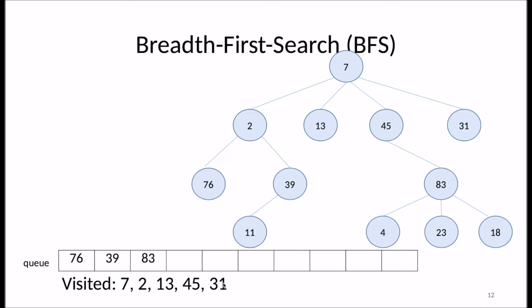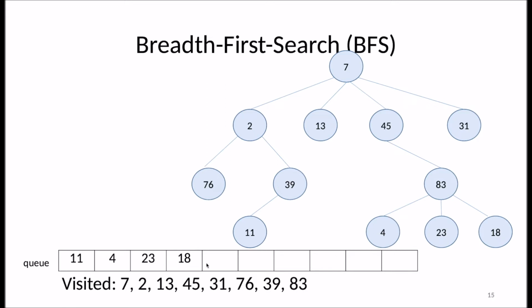31 doesn't have any child nodes, so I dequeue 76. 76 doesn't have any child nodes either, so then I move on, I dequeue 39. 39 has 11 as a child node, which gets added to the queue. Queue is not empty, I take 83 out of the queue, and 83 has 3 child nodes that get enqueued,